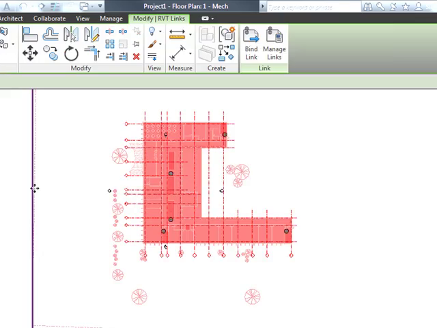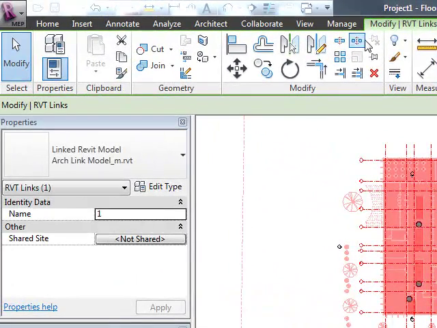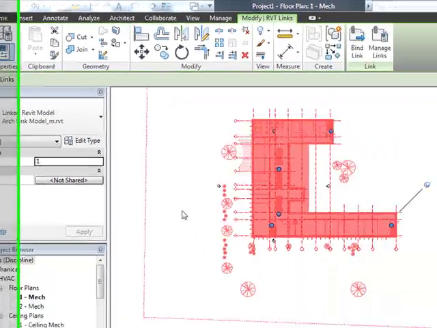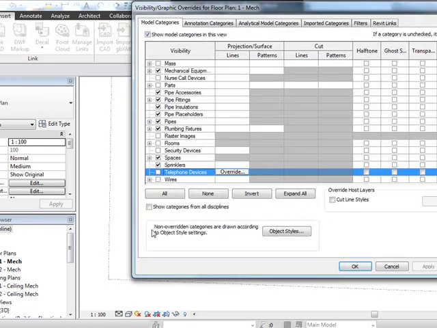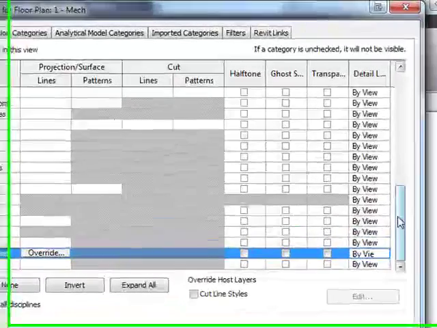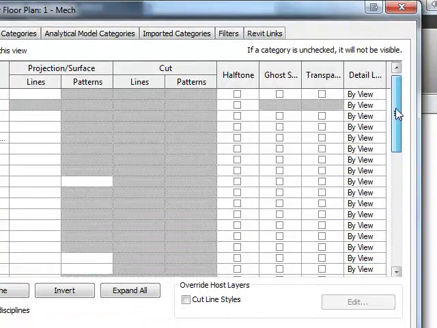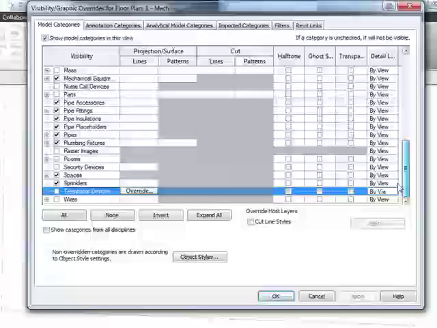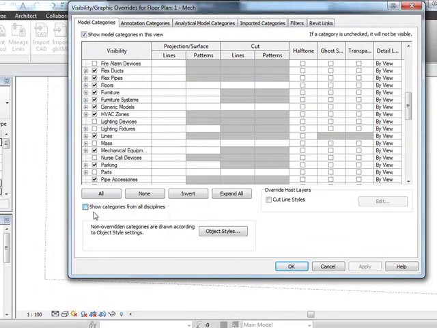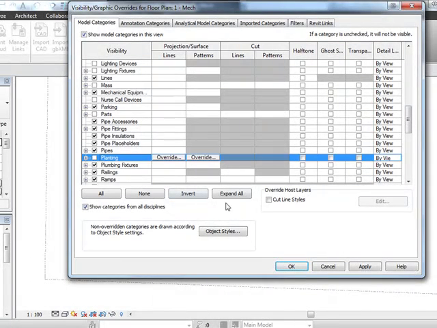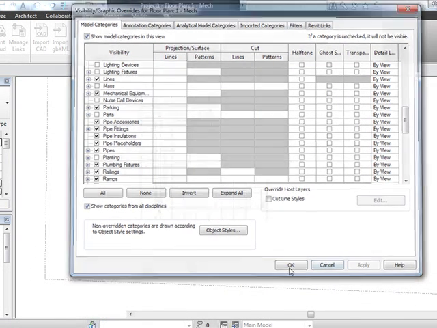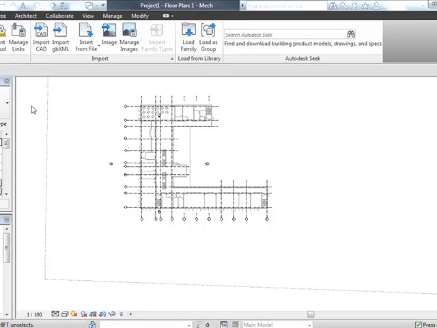After loading, I click the sides, pin it, press VG to get rid of all the plants. Show category. Apply. OK. And then you have to go to